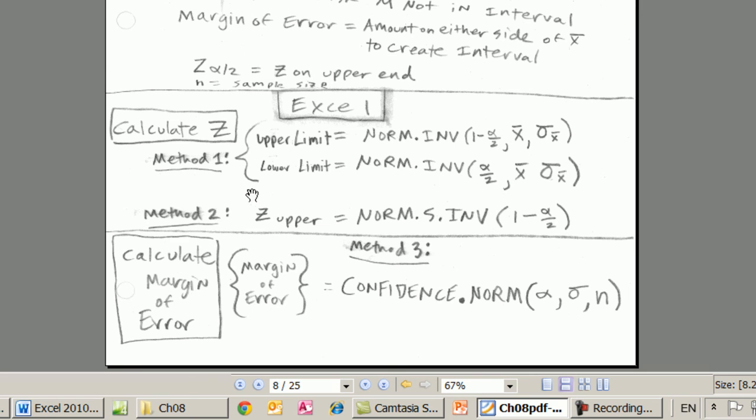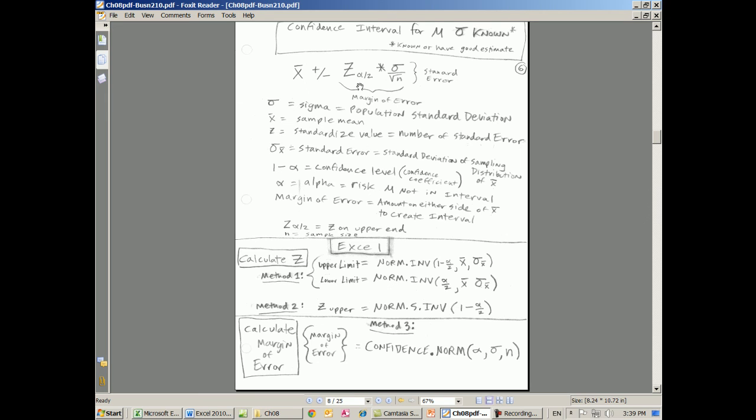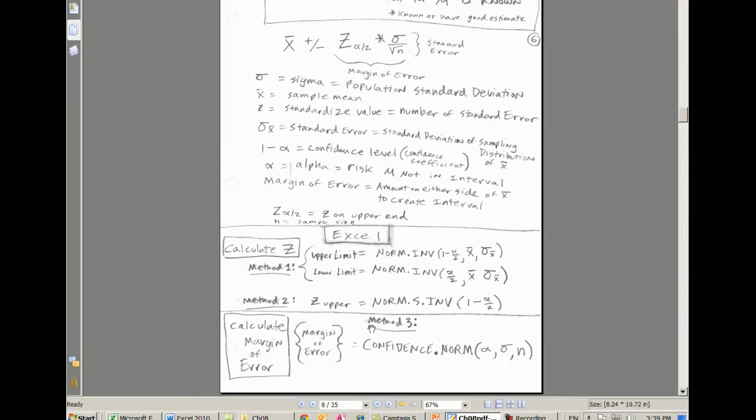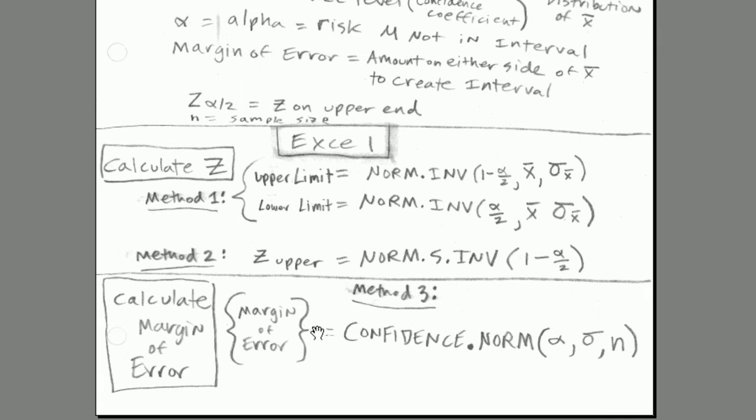Method 2, calculate the z upper. We saw this one earlier also. NORM.S.INV gives you that z. And then you already have the data for calculating this, so you multiply those together, and that's the margin of error. So that's methods 1 and 2. And method 3, here's a brand new function called CONFIDENCE.NORM. A couple videos ahead, we'll learn about the t-distribution, and it will be called CONFIDENCE.T. But